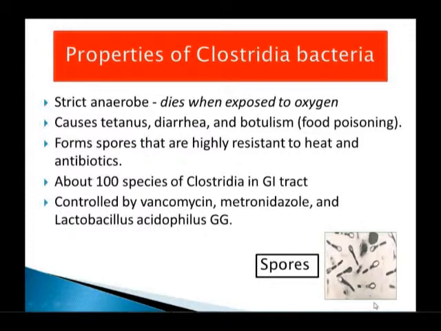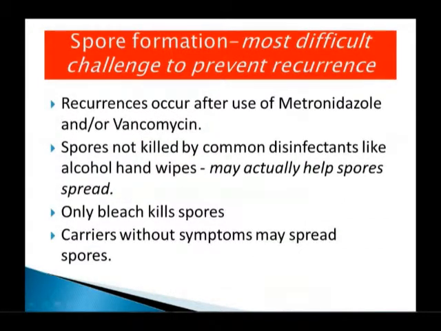Generally, they can be controlled by antibiotics, certain probiotics, but sometimes they're very difficult to get rid of. And there have been many recurrences after treatment, whether it's with herbal remedies, whether it's with antibiotics, whatever it may be. Bleach is one of those things that has been known to help kill the spores of Clostridia. And that is probably why, in some cases, the chlorine dioxide that is quite popular today is showing some benefit, in that it's likely killing off some of the spores of Clostridia.